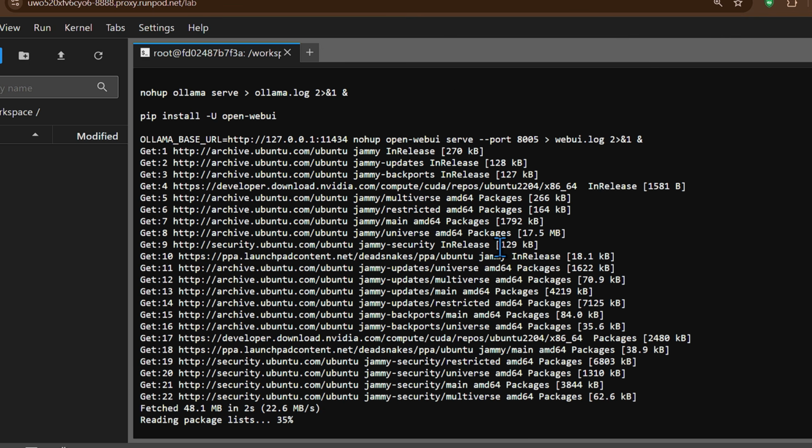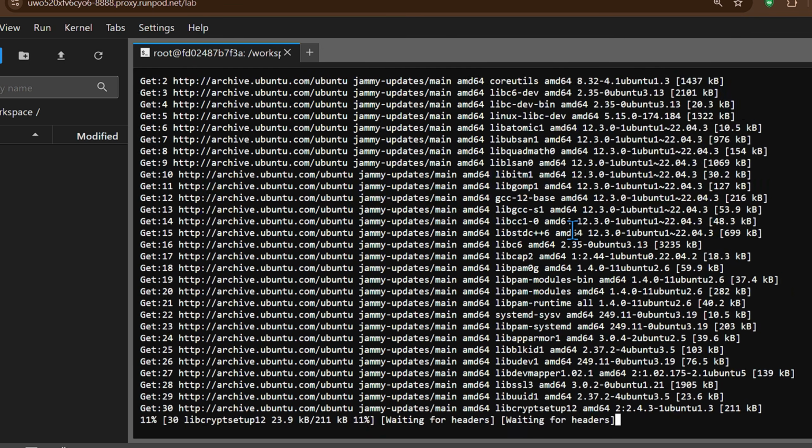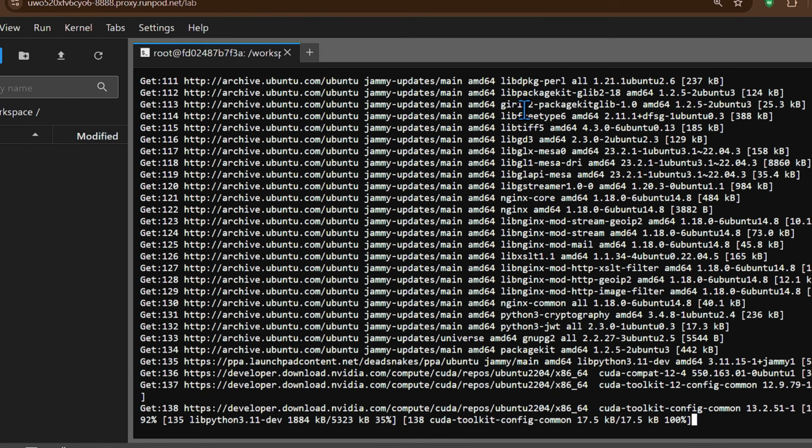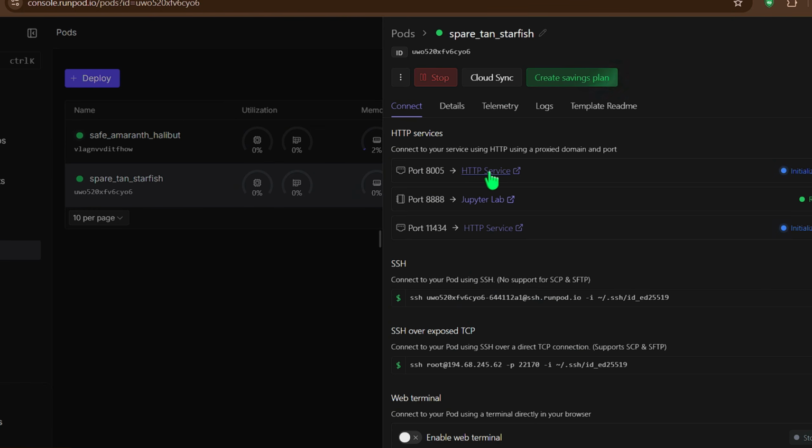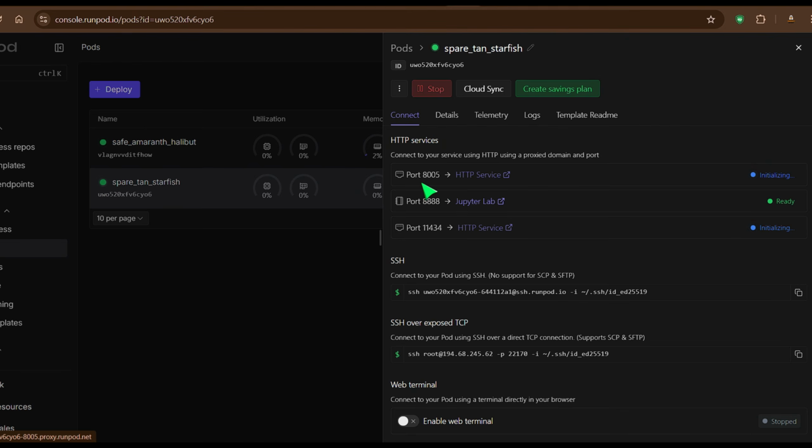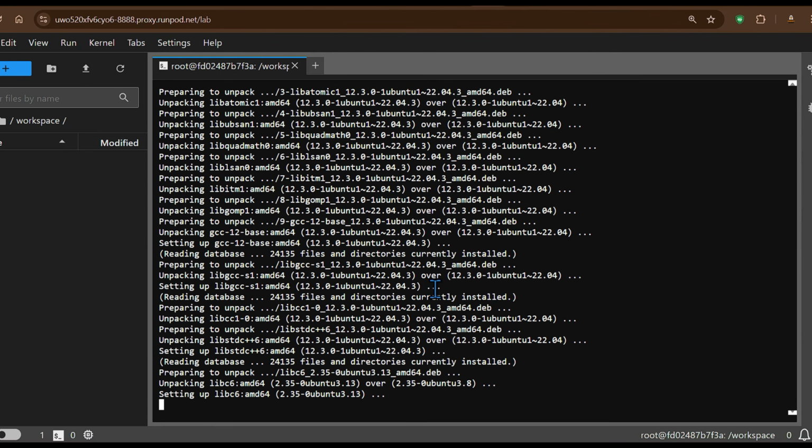And once we do this, it's going to get everything installed, and then we will be able to access the 8005 port that we have here and initialize or get started with OpenWebUI. So this is our port 8005. This will start as an HTTP service. So let's go back, and you can see that it's